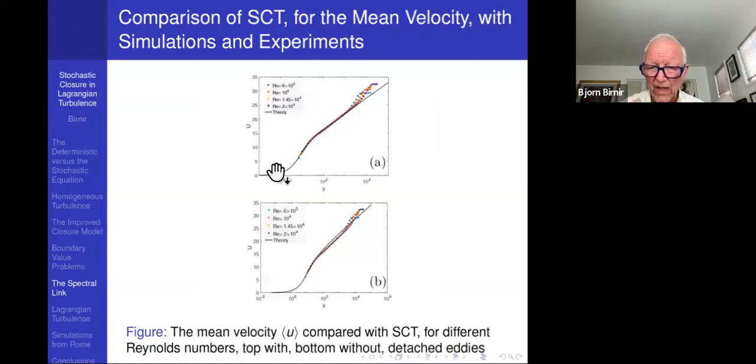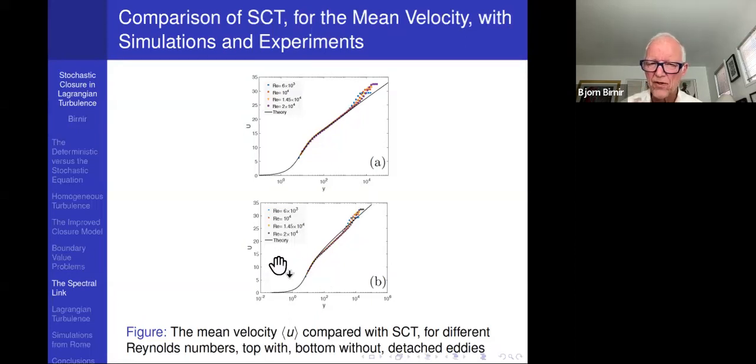Moreover, this group in Illinois got a nice model of the mean flow, and here is the mean flow. This is the distance from the boundary, and the mean flow increases, and they got a good comparison. The theory is the black line, and all the experimental results on a semi-log plot are the dots with different